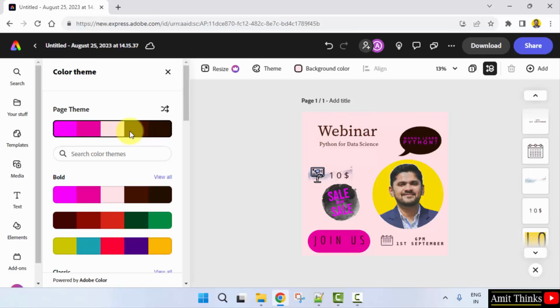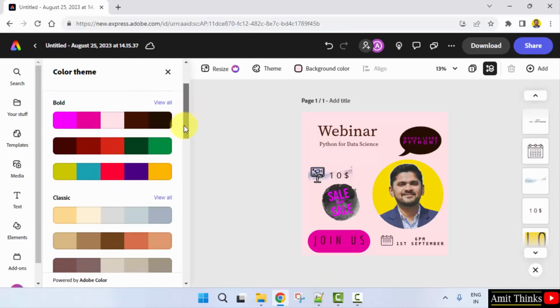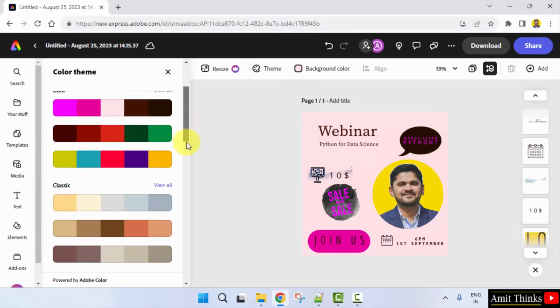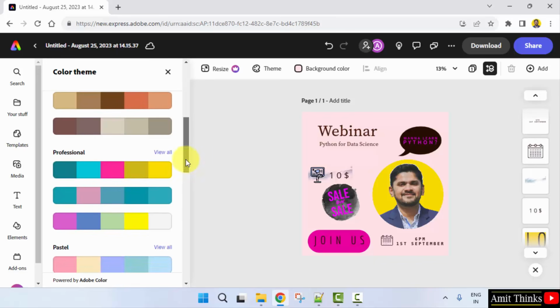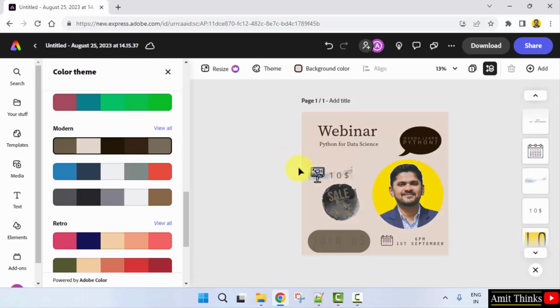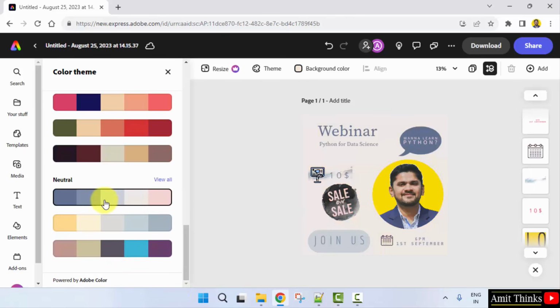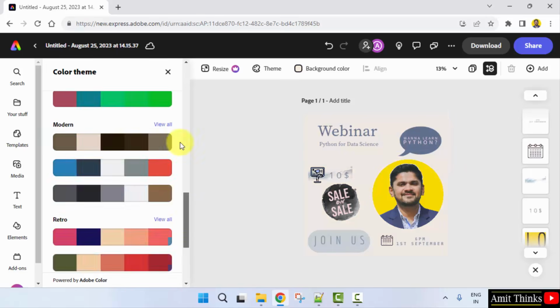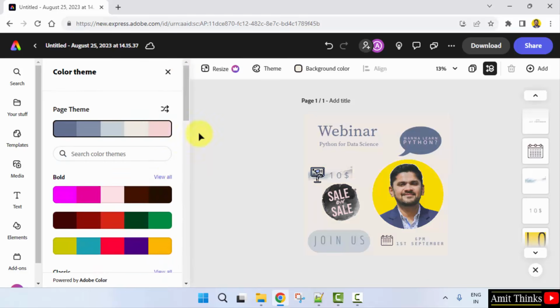I'll click on the following. Below, you can see the names: bold, classic, professional, pastel, color pop, modern. Let's say I'll go for the following, modern, and it changed completely. It got updated completely. I'll go for the following. You can see it updated again, and here it is. You can just update it and you can see this still looks fine. No, not this. You can just click on it here and again, or you can directly click on the complete